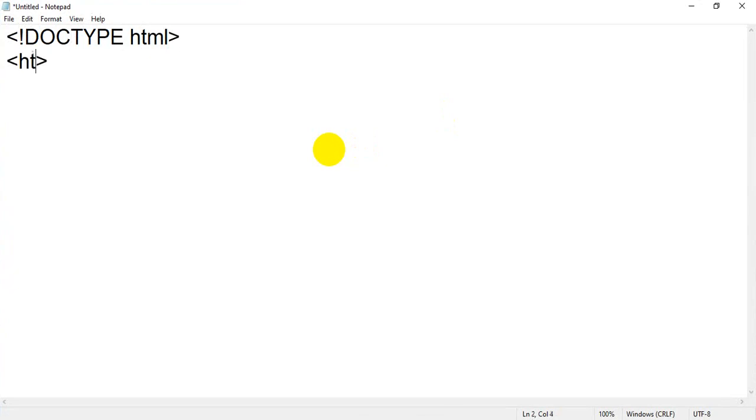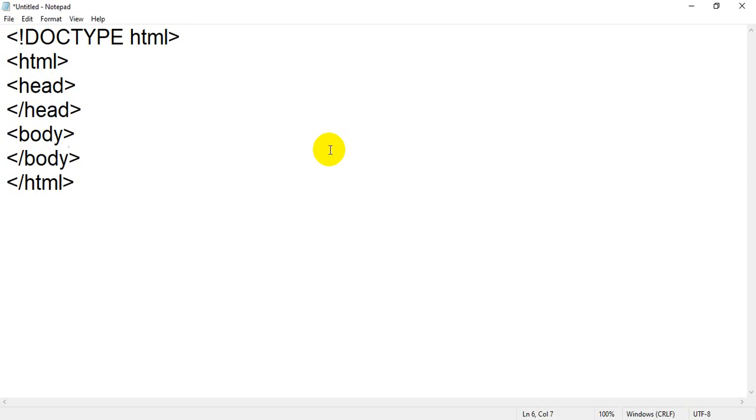Then I will write the html tag, that is the first tag of HTML and the last tag of HTML. After that I will add the head tag on the HTML page, and the closing head tag. Then I will write the body tag, one of the most important tags inside HTML.